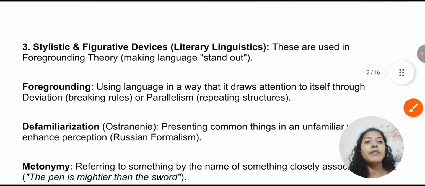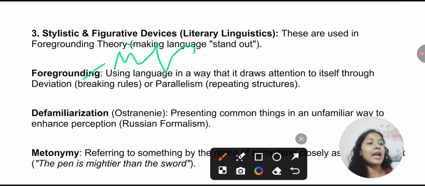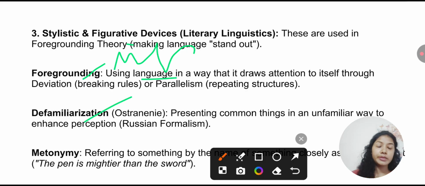Stylistic and figurative devices are also there. Foregrounding is very, very important. It is using language in a way that draws attention to itself through deviation, like breaking rules, or parallelism, or repeating structures. So that is foregrounding. You are breaking the rules, like the grammar structure, in the language. Defamiliarization is a very important concept and one of the most repeated PYQs, part of Russian formalism by Viktor Shklovsky in his work